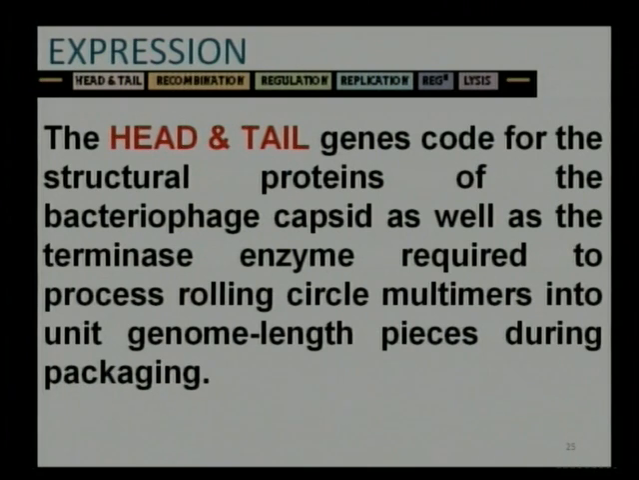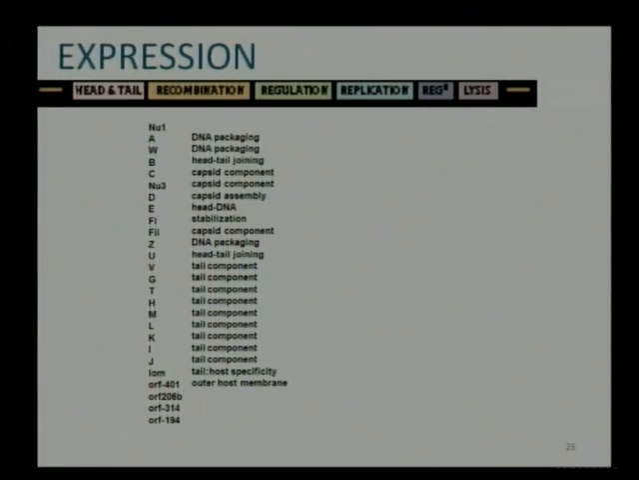These genes code for the structural proteins of the bacteriophage capsid, as well as the terminase enzyme required to process rolling circle multimers into unit genome length pieces during packaging. This means the head and tail formation, as well as its packaging material. These are some examples of the various genes involved in the head and tail